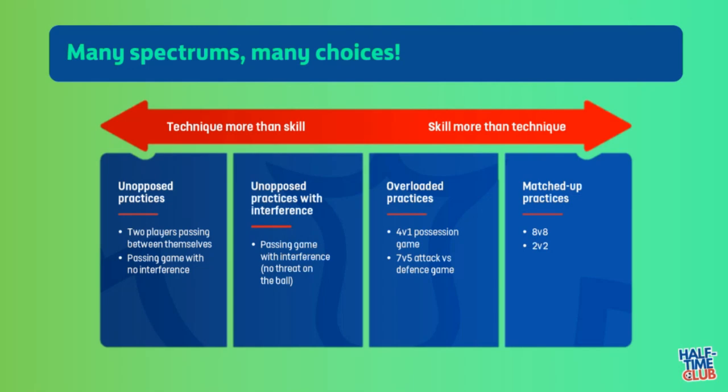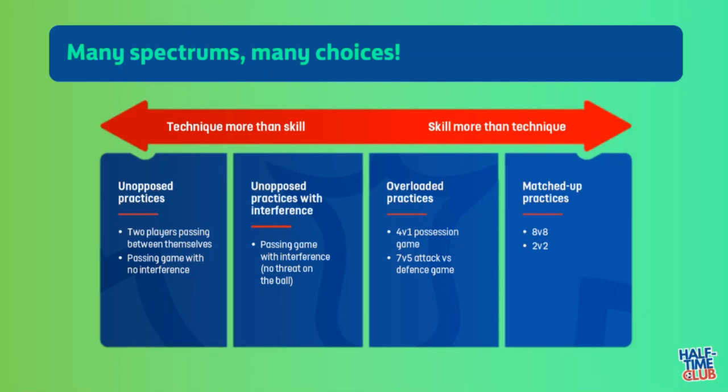If you go to the right-hand side of the model, you're looking at skill more than technique. Now, technique is generally described as the mechanics of an action, where skill is generally described as the application of it. However, sometimes these words and terms can get blurred depending on where you read information online or when you go on a course and qualification. But currently with the FA Education pathway, that's the description and definition they use.